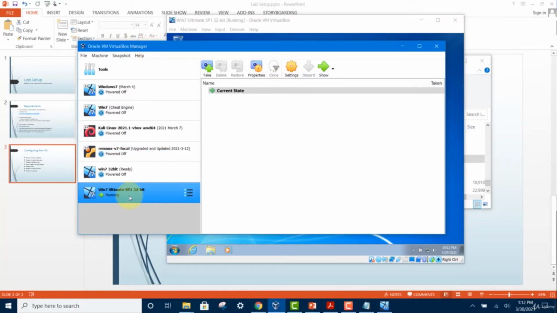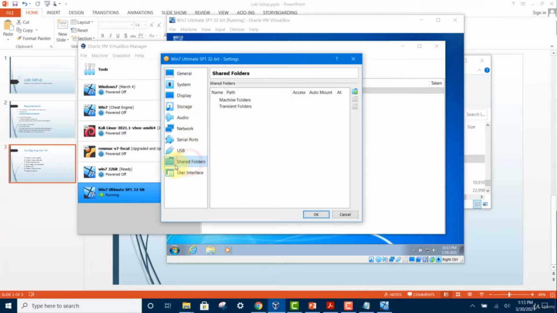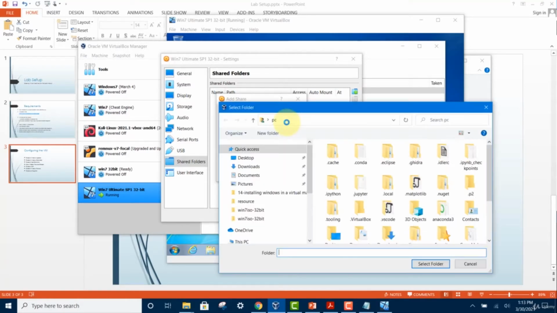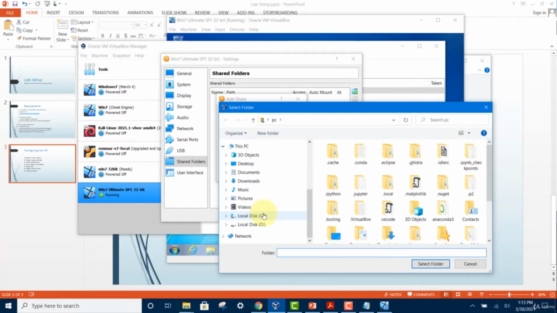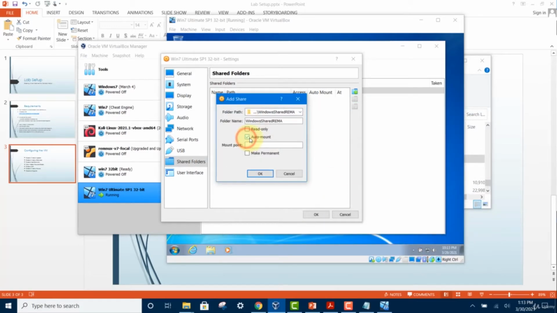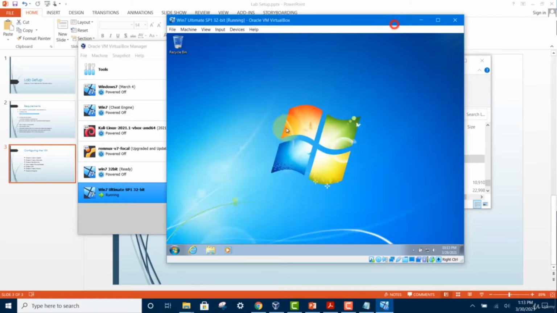select the virtual machine, and then click settings, and under the shared folders, under here click on add new shared folder, and the folder path, select other, and go and choose the folder which you created, this one, click on select folder, select auto mount, and then click on make permanent, click OK, click OK again, and now go back here,